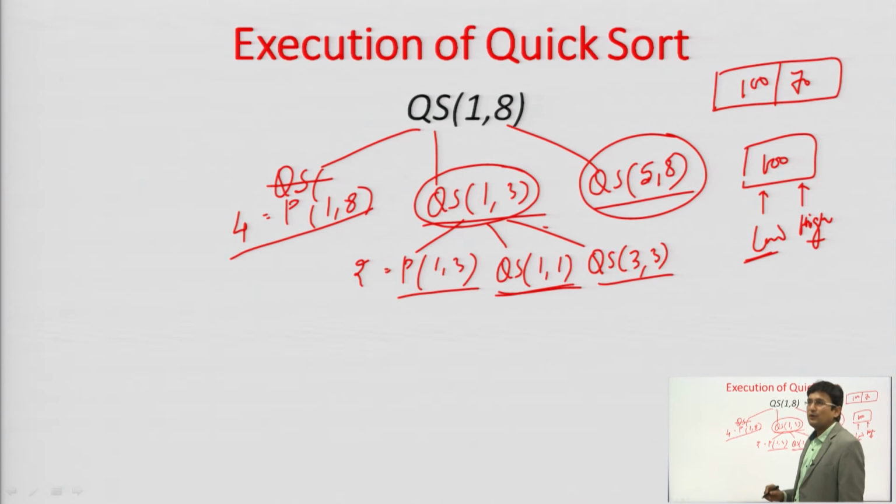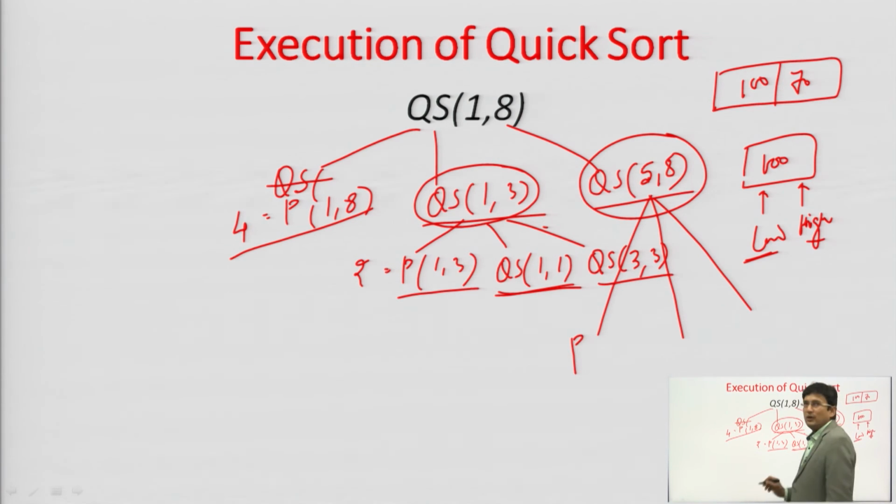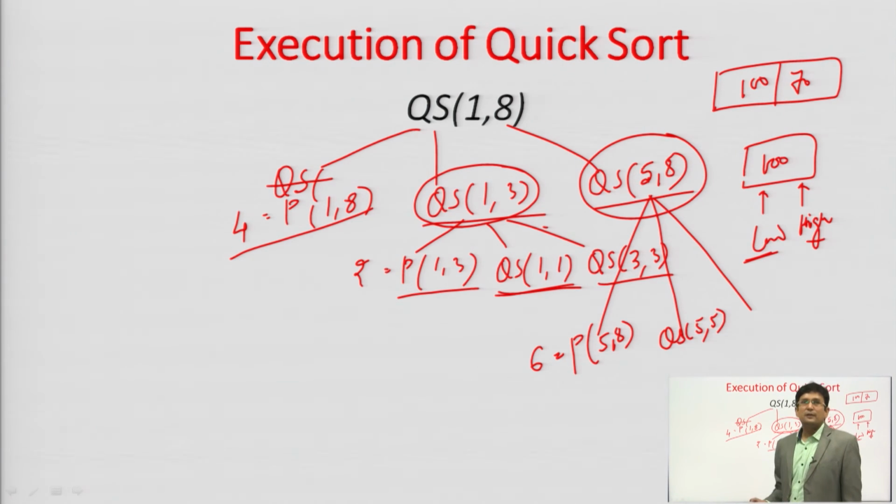This is the property of the recursive call, that once we have picked one of the parts, until we finish that part we do not take the other part. So, this is the property of the recursive function. Now, we are going to take this quick sort 5 8. A partition will be called. In the partition we will perform the partition of the 5 to 8 array. Let us say this returns a 6, (5 plus 8) by 2, and then we perform the quick sort with 5 and 5. Why 5 and 5? Because low to j minus 1, low is 5, j minus 1 will also be 5, and then another part will be performed with j plus 1 to high, 7 to 8.